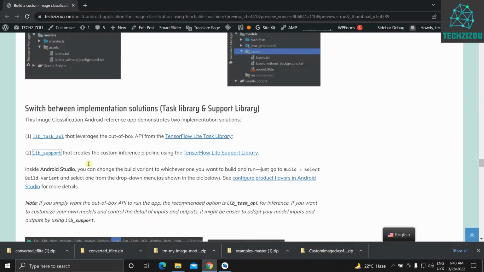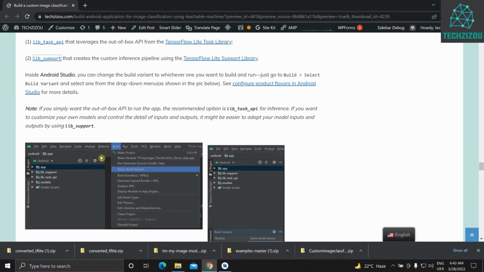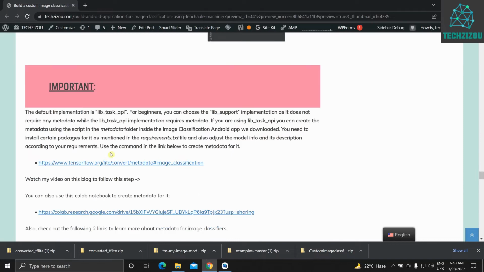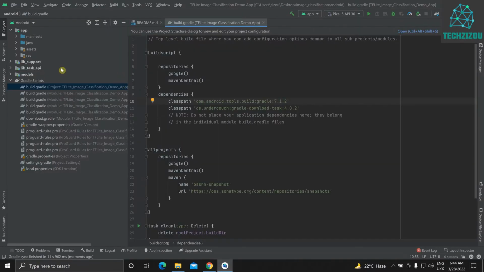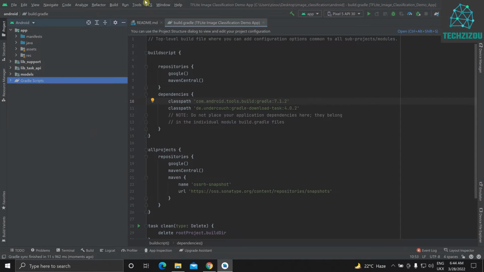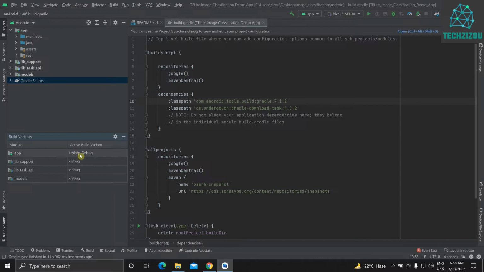Now as I said, if you're a beginner, I have also mentioned this over here. You can just choose this library_support option and then get on with it. Now to select this build variant, all you have to do is click on Build, select Build Variant. This will give you a drop down. Right now this has library task API as default. This is task API debug, so we need to change this to support debug. As for this, you do not need any metadata,